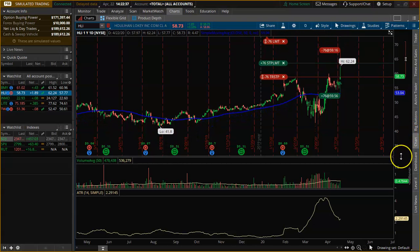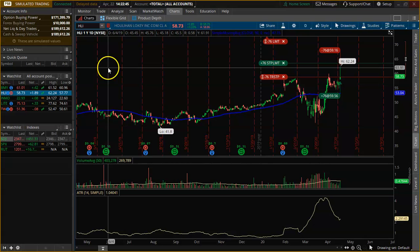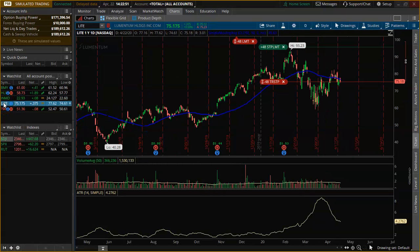Let's see, did I get all these? Let me tell you what I do. I only have a certain amount that I put in. Like I said, I'm not going to slap everything down into it. Let me show you one. Here's the coronavirus right there. They all look the same. I'm not going to come in and slap all my money down on one trade,